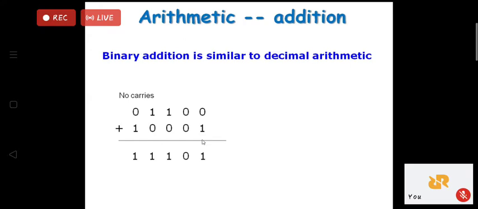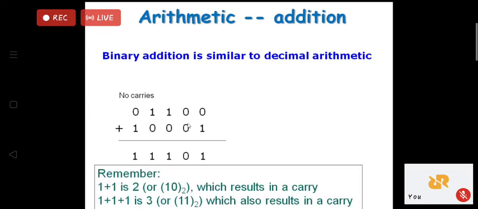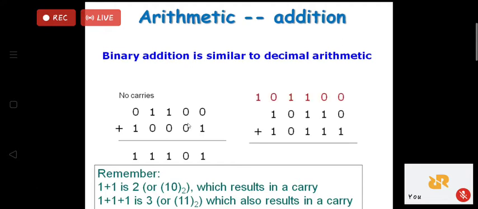We have discussed all these things in my previous lectures. I have recorded all the lectures. I have not skipped any, because students suggested that I keep on recording the lectures so that they can refer to them whenever there is a doubt. So we have seen 1 plus 0 is 1, as we discussed about the OR operation. OR is nothing but normal addition. 0 plus 1 is 1, 0 plus 0 is 0, 1 plus 0 is 1, 1 plus 0 is 1, 0 plus 1 is 1.